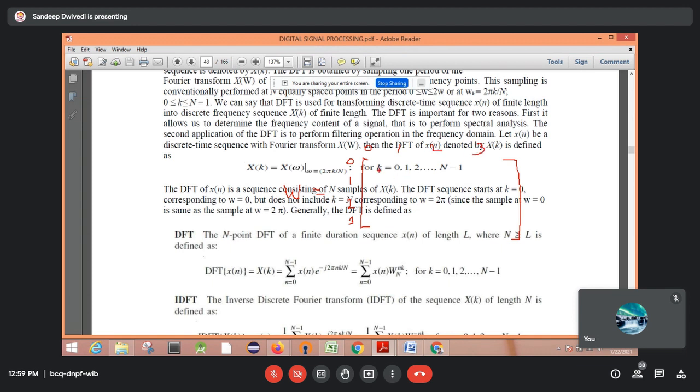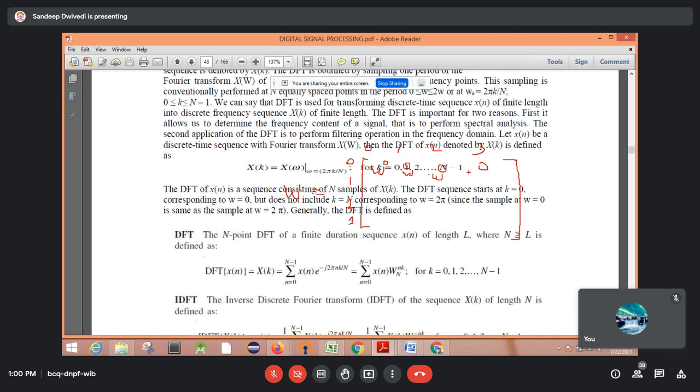Over here you can write W raised to the power. I will write the power directly, I will not write W all the time, but it is there. If you are taking notes on your notebook, you have to write W raised to the power. So this is 0 into 0, that will be 0. Then 0 into the entire row, so all these values will be W raised to the power 0. All the values have W raised to the power 0.